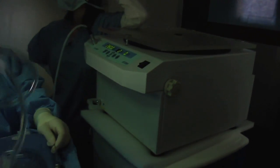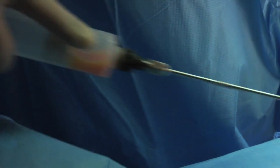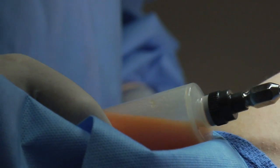And then I used the Adivive system, which is a new system that I incorporate in my practice for fat transfer that I like a lot. It's got a number of advantages. First of all, it's a closed system. The fat is never exposed to the air to reduce the chance of infection, which I've never had anyway, but